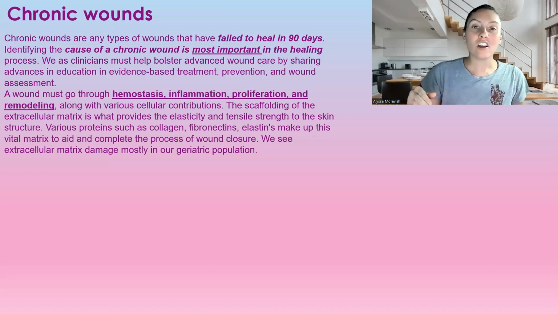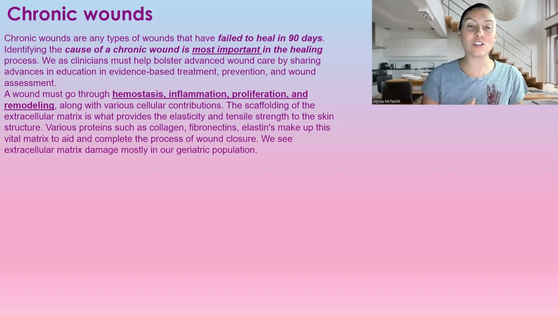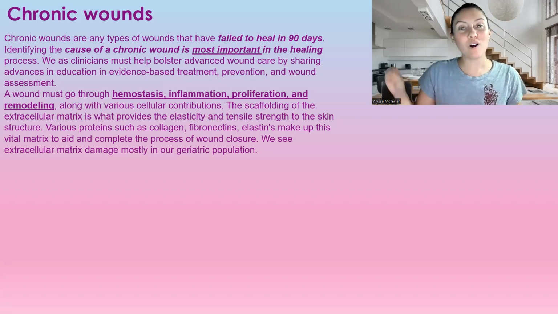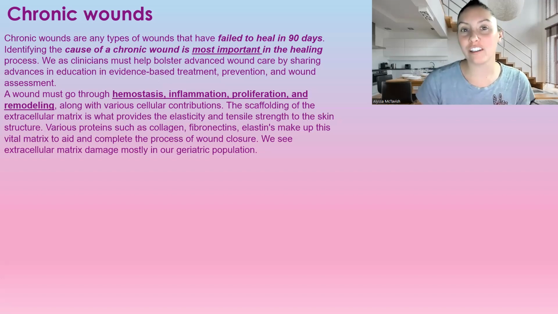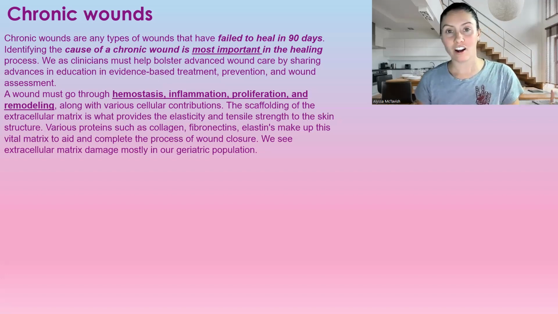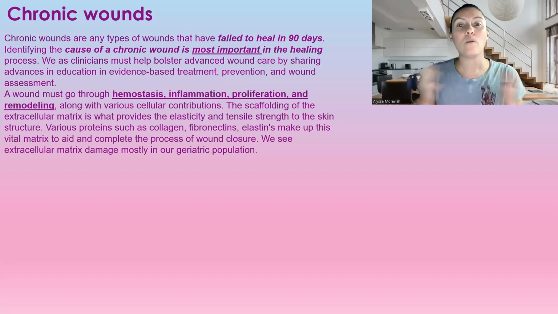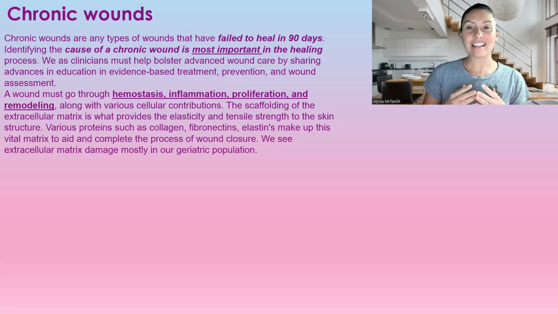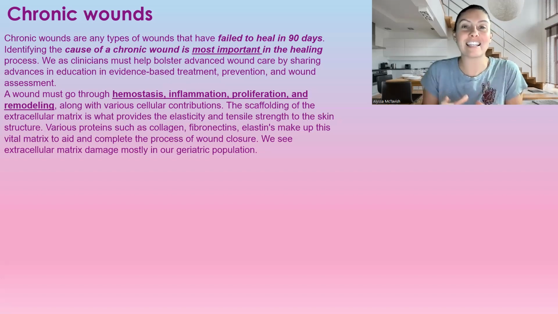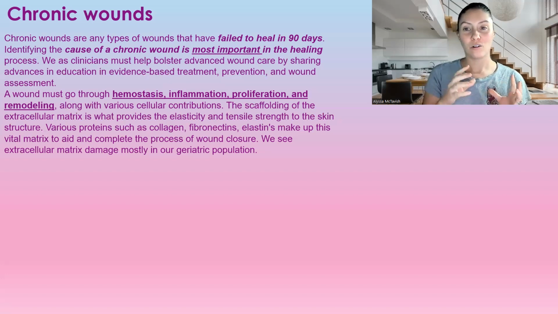Okay, so the cause of the chronic wound is so important to know because without the cause, how do we treat the wound, right? We might have an ulcer on the leg. Now, is it being caused by arterial or venous? We need to know what's causing this, looking at the signs and symptoms and kind of investigating. So as a wound care specialist, we're always investigating what caused that wound, what could be causing that wound, getting tests run to find out exactly what is causing that wound,